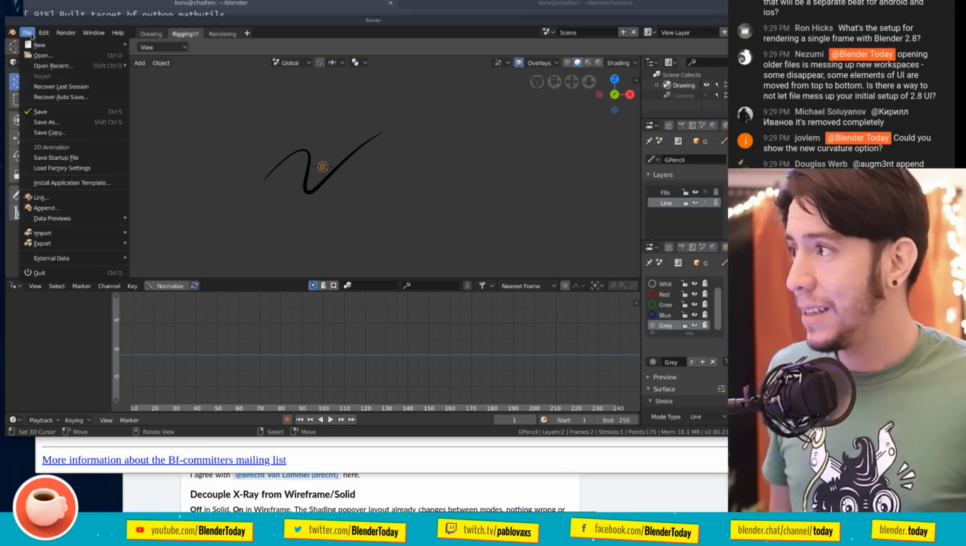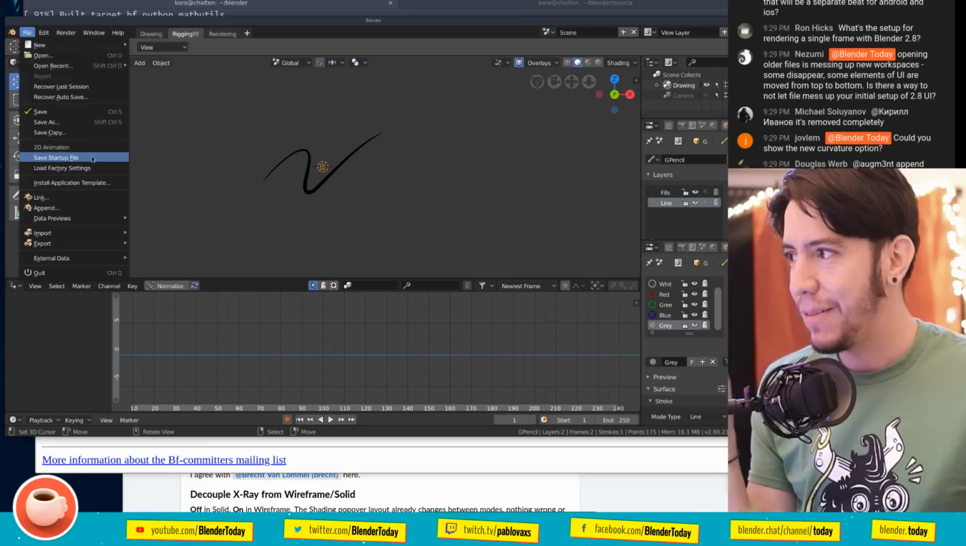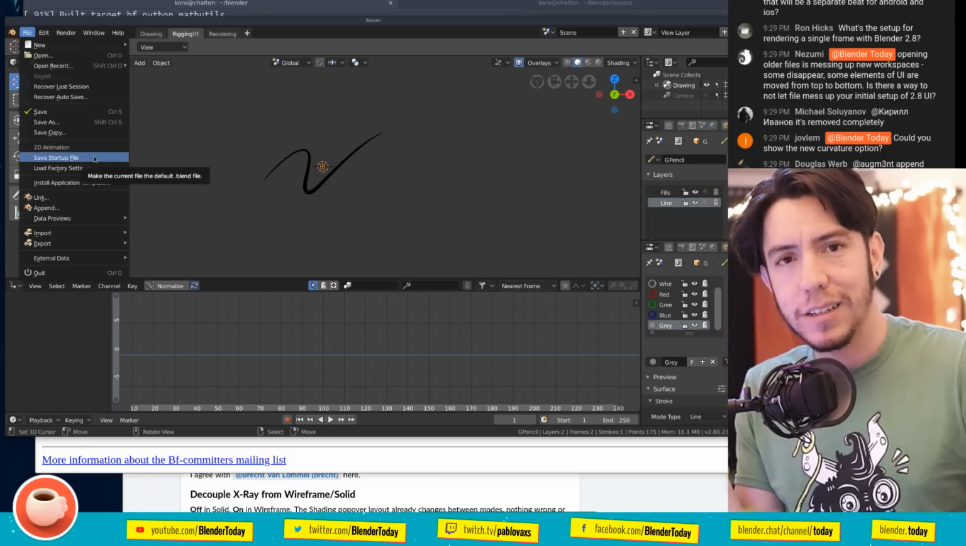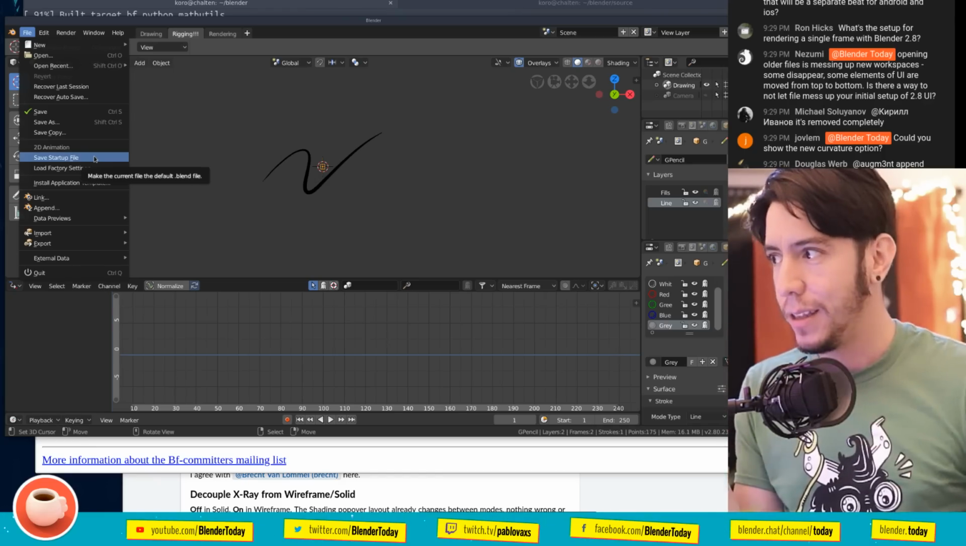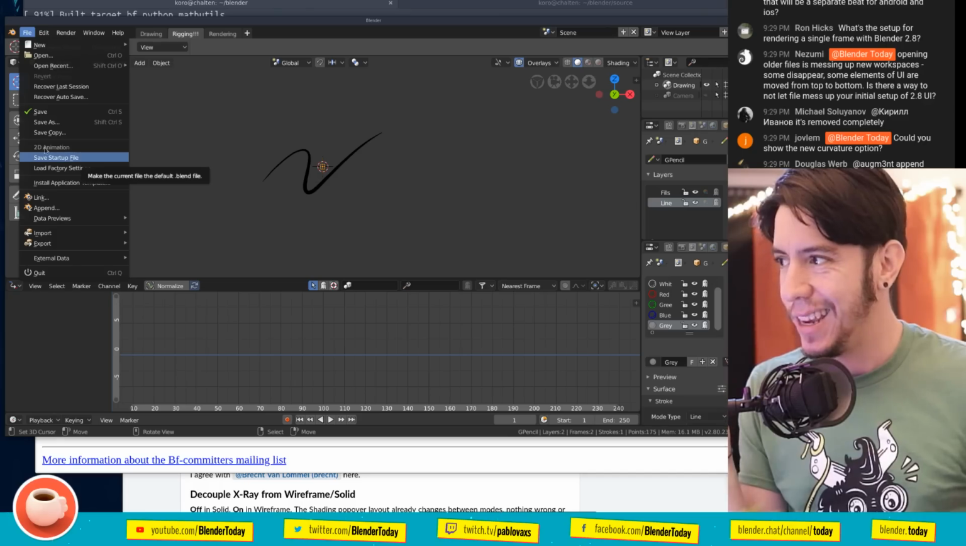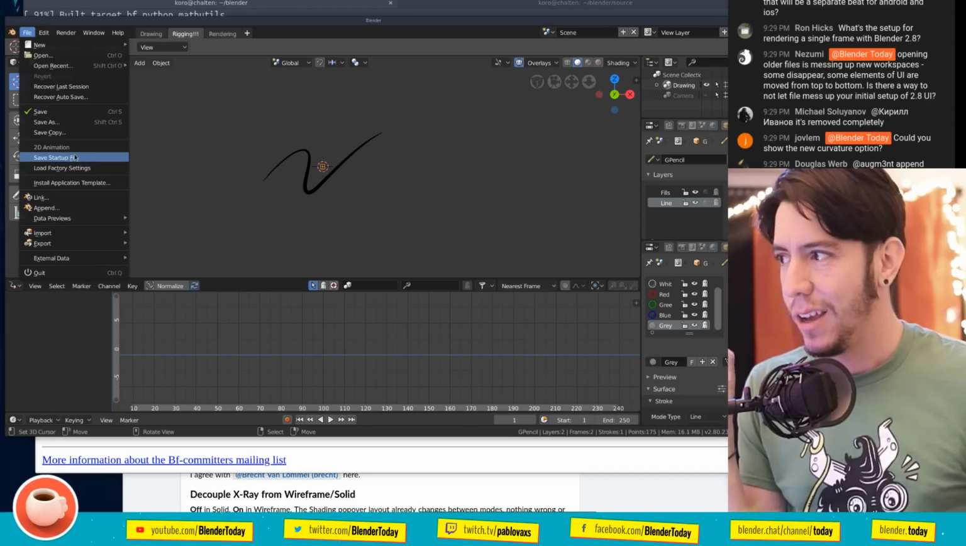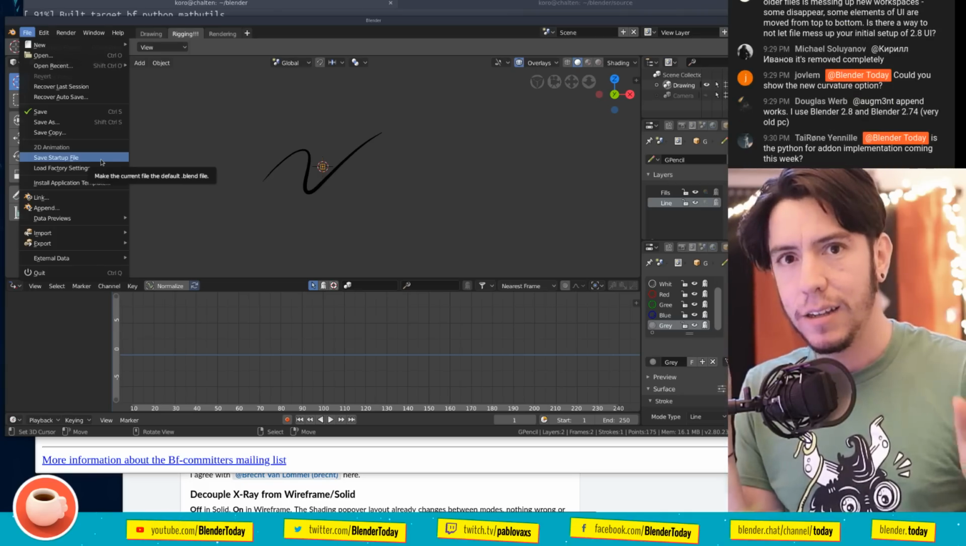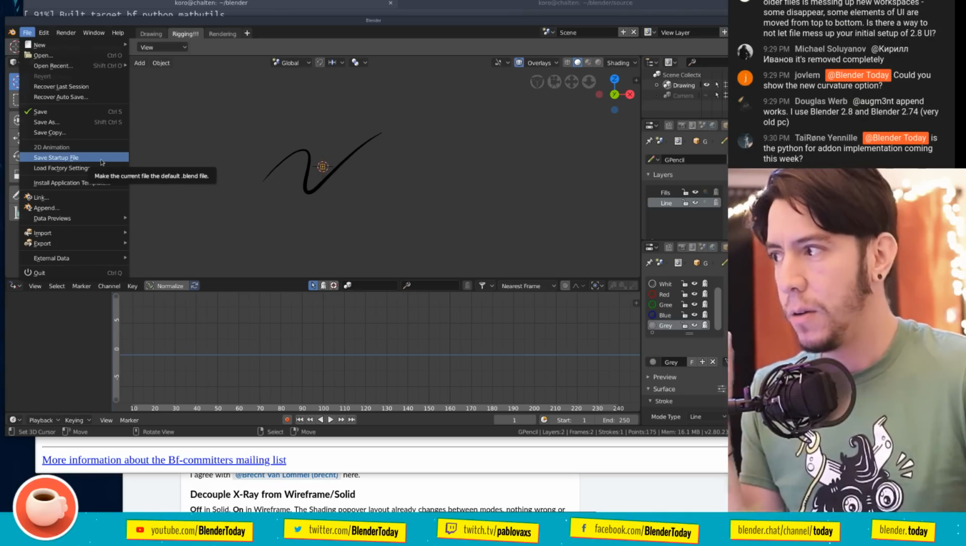If I'm gonna save this, I can do File, Save Startup File. What is it? It's not the regular startup file, the one with the cube. It's the one that, as you can see here, is under 2D Animation. So it's only going to save this particular startup.blend. So now if I save it,